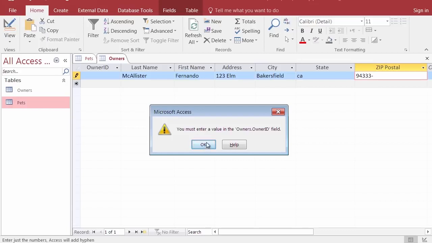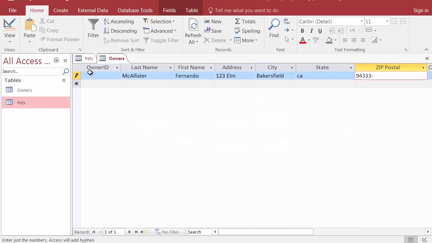So it's time for me to click on OK and go back here and make sure I actually do enter the owner ID. All right, owner ID, I'm clicking in there. It's supposed to be the first 3 letters of the owner's last name. Let's see, that would be MCA, followed by 3 digits of the street address. So what if the street address is like 10 Elm? Then maybe I would have to put in a leading 0, like 010 for the last 3 characters. In my case, it's